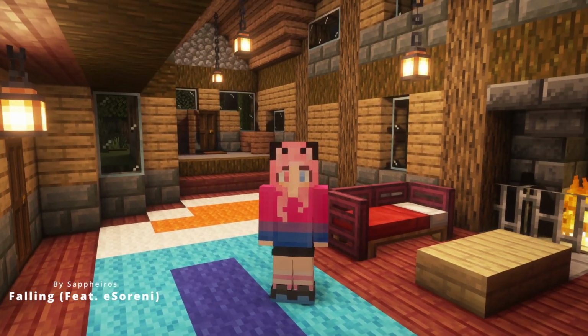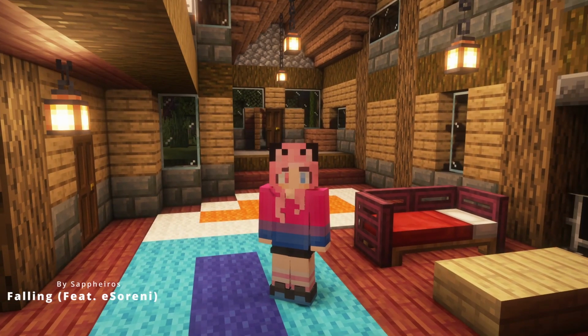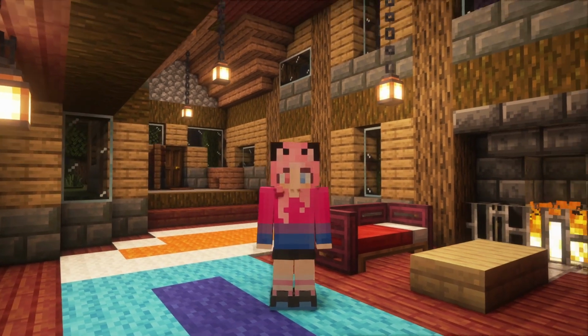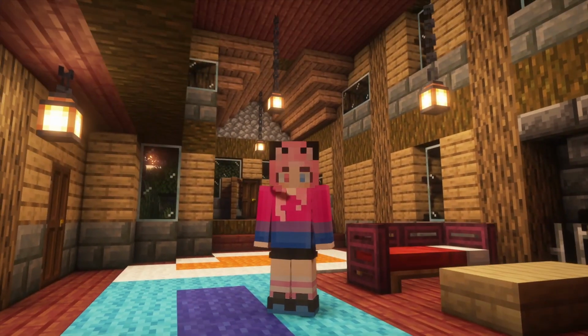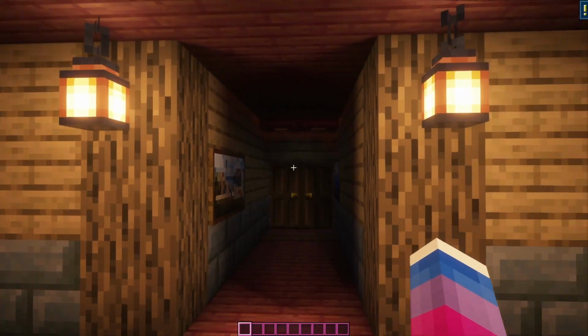Hello everyone, my name is Sakura, and today I'm going to be showing you how to actually import a Minecraft world into Blender. This is a relatively simple process that is pretty crucial in order to make any kind of Minecraft render. Now, the world I'm going to be using is just one that I set up